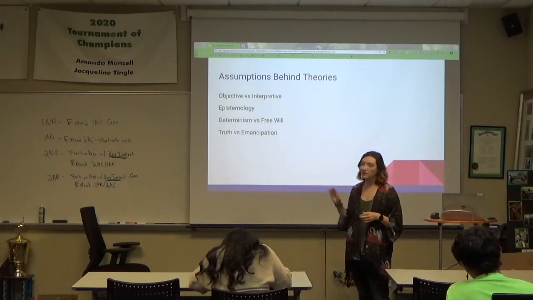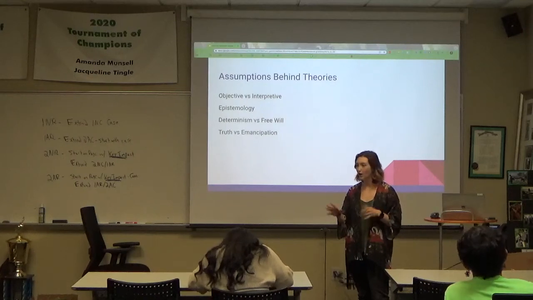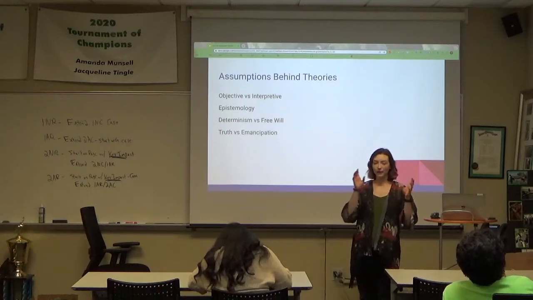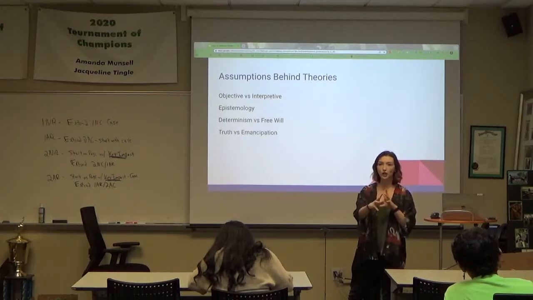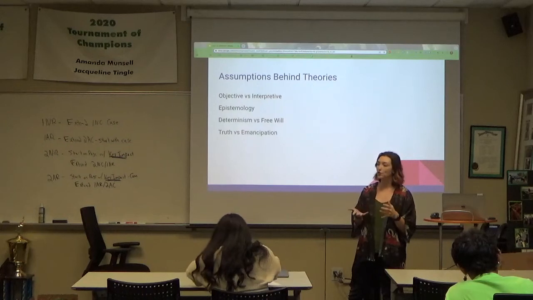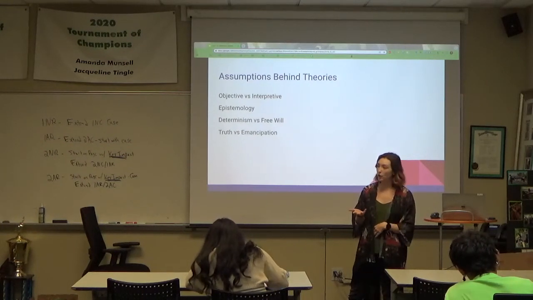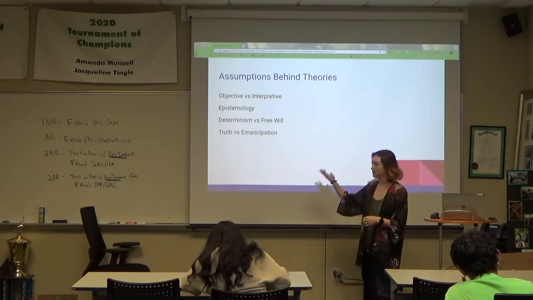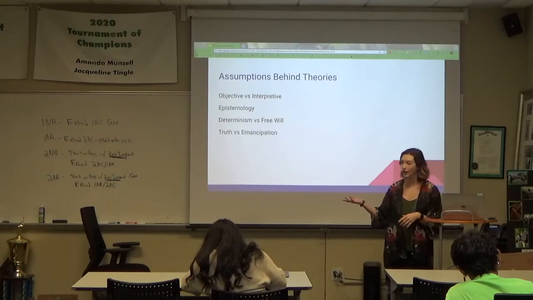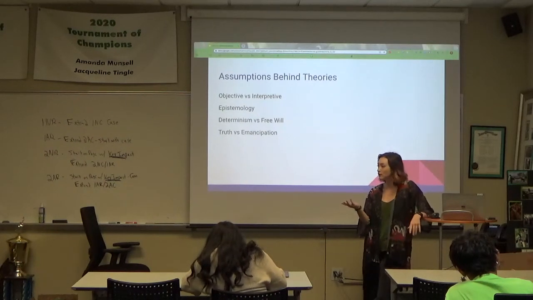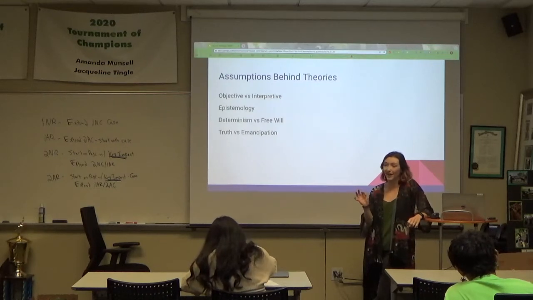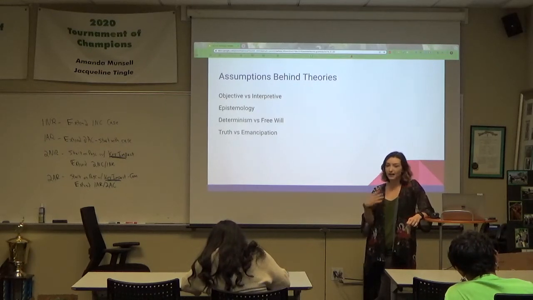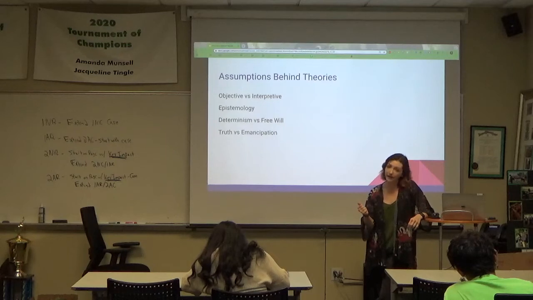Now that is not to say that interpretive theories are just off in no man's land. But the interpretive side of the situation questions how much of objective reality we can ever know and how objective humans can really be. And so the sort of criticism from an interpretive perspective of a more objective theory might be that you're lying to yourself. You can never actually be objective. And by pretending to be objective, you're then not examining those biases. And so you are far more likely to come out with biased information.